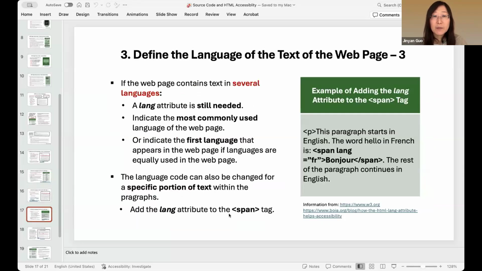However, if you use multiple languages in the same web page, we can also define it for the screen reader to change its pronunciation. So overall, the language attribute in the head section is still needed. And if you have multiple languages, in the head section, indicate the most commonly used language of the web page, or indicate the first language that appears in the web page if languages are equally used in the web